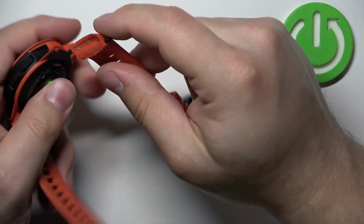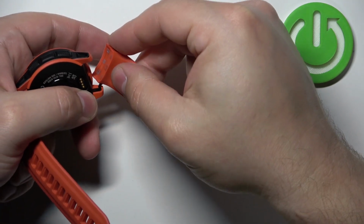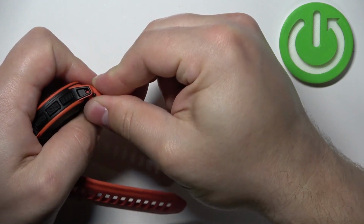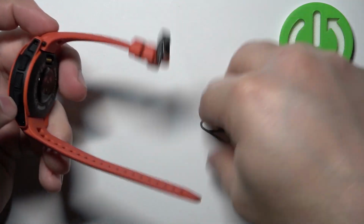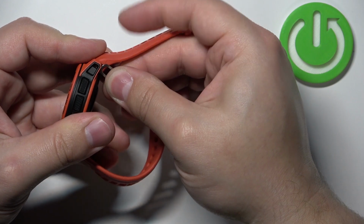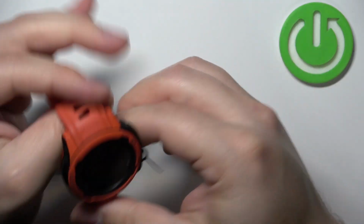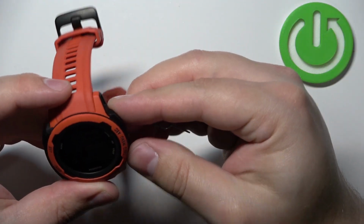So basically put the one side in like this, put it in the hole, push in the strap until it stops you on the pin, and then push in the pin with something like this and slide in the strap. Quite easy, as you can see. And once you're done, you can